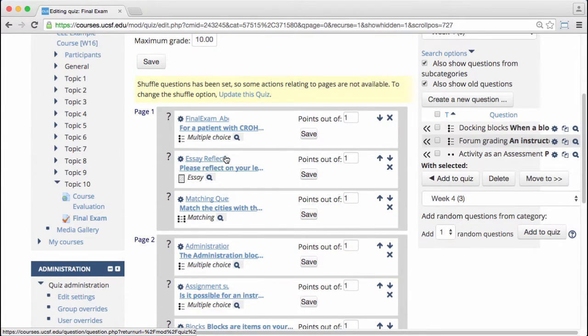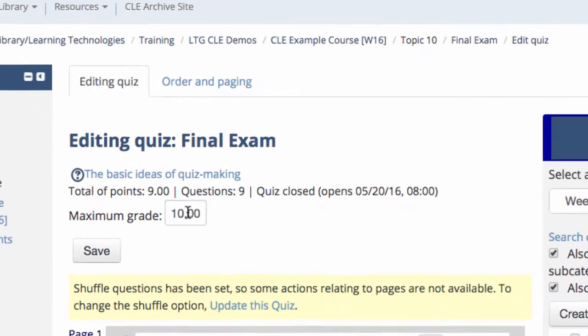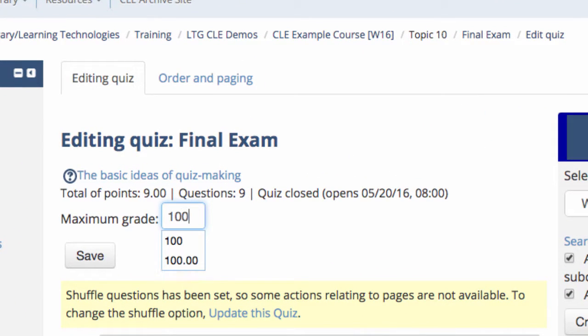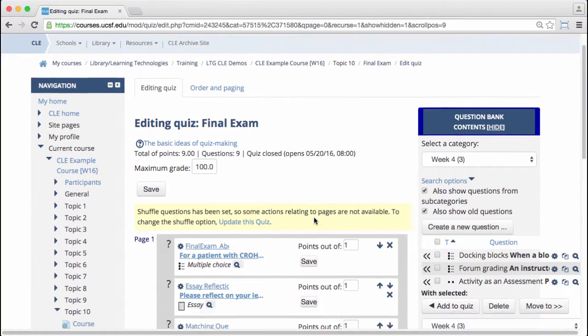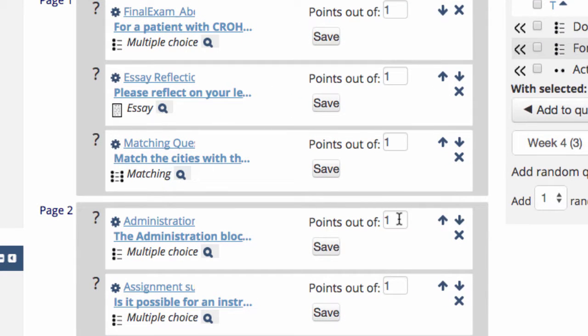the final exam. First, I want the final grade to be worth 100 points, so I will enter 100 in the maximum grade box and click the Save button. I also want to change the weight of question number 4 so that it is worth 2 times more than the other questions. I can do this by simply changing the points box to 2 for question number 4 and